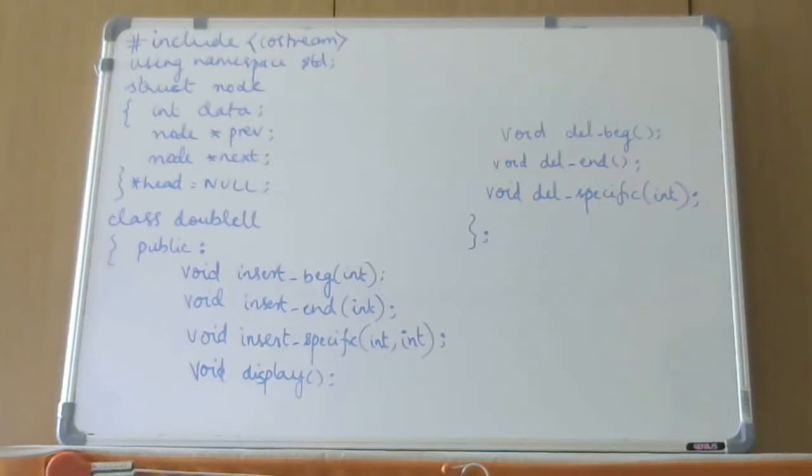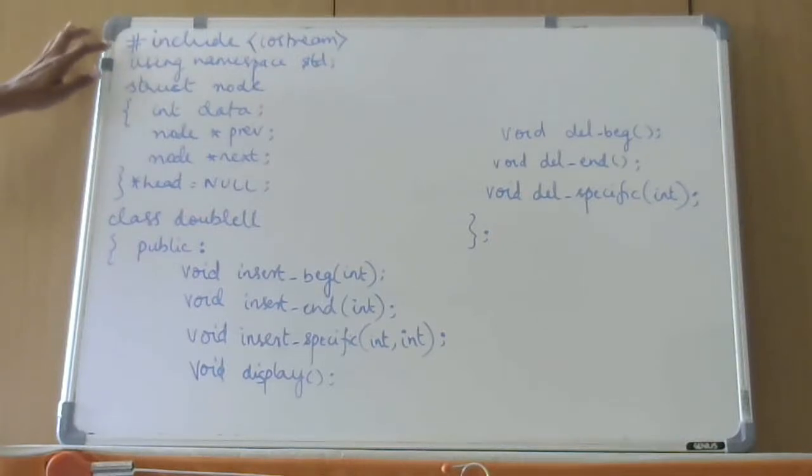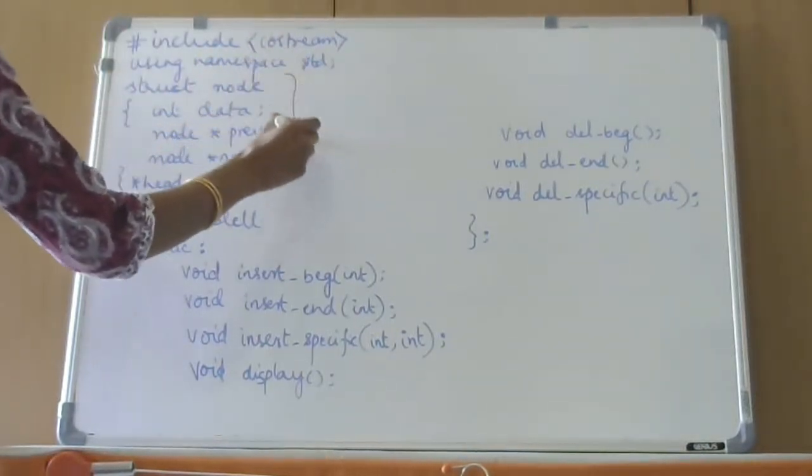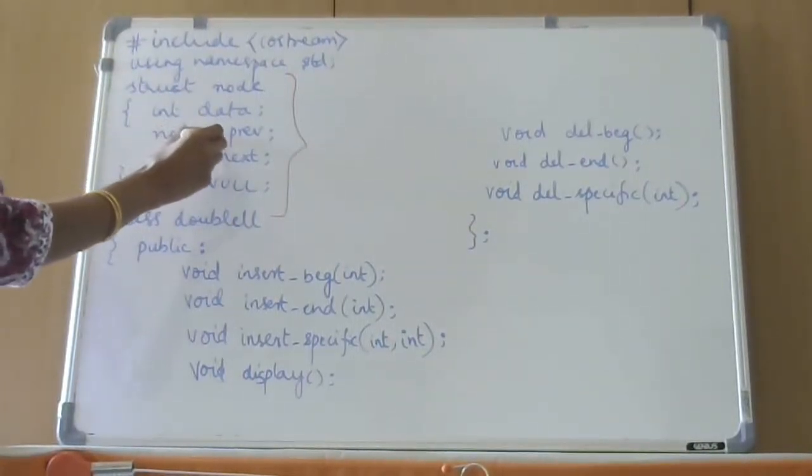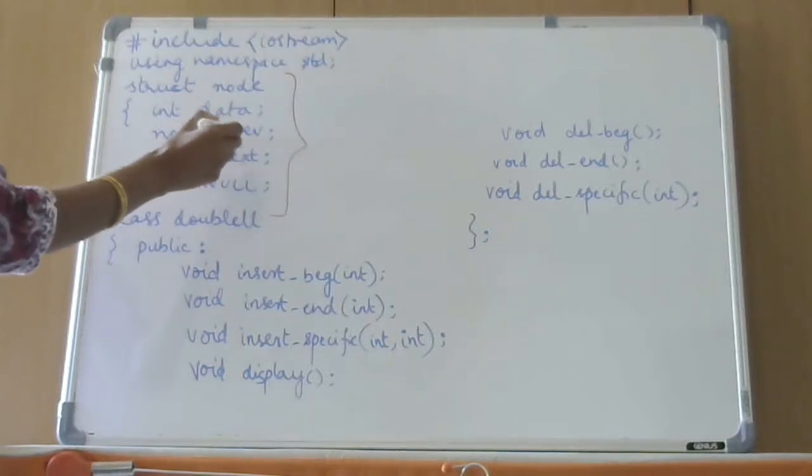I have just written the class declaration and I have defined all the functions. Hash include and all you can write. This is the most important thing that you have to concentrate on here. We have declared a structure, a node, here. We are taking 3 fields here, unlike our single linked list and circular linked list where we had taken only 2 fields. You remember that? Every node, as I told you, has 3 fields. Into data, we are taking 2 pointers of the type node, previous and next.